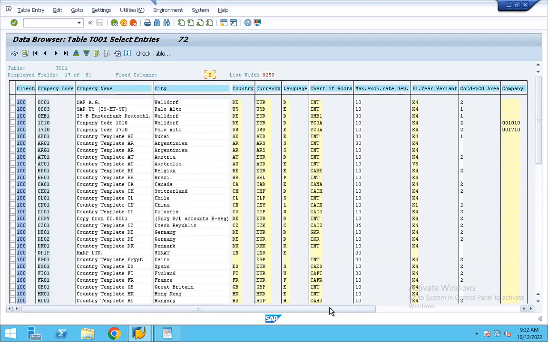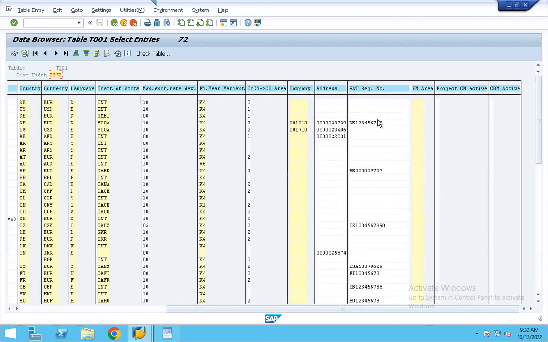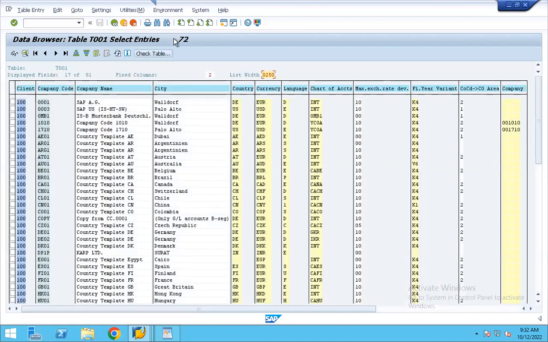If I scroll a little bit towards the right hand side, you can see some more information like address, VAT registration number of the company. As you all are aware, there is a VAT registration number for every organization which runs to manufacture any kind of finished product. So all this information is appearing over here, and you can see 72 entities are there.